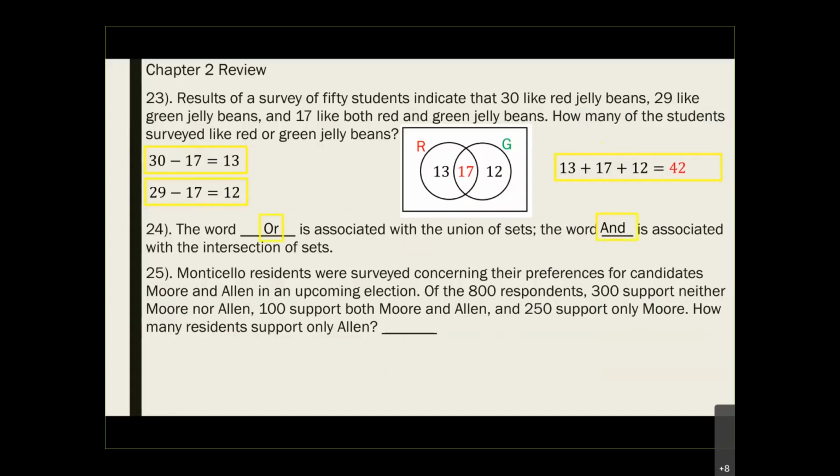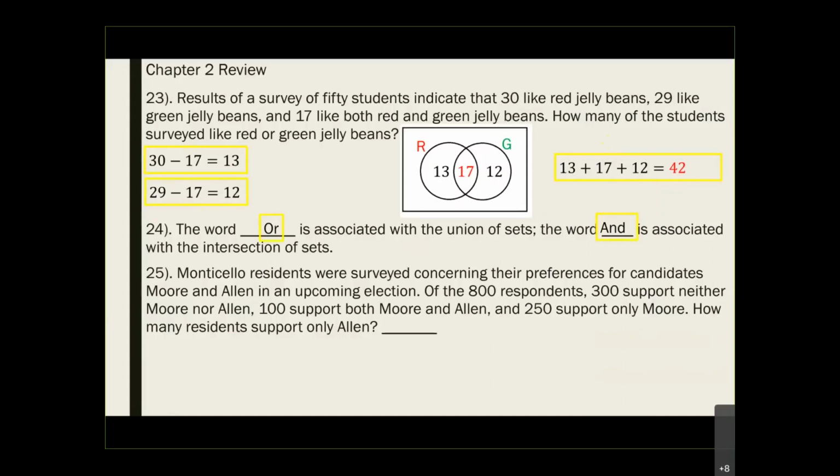Just the definition again: the word "or" is associated with the union, and the word "and" is associated with the intersection. Let's take a look at 25. In 25, the information given to you is a little bit different, right? So they ask you that the multicolors